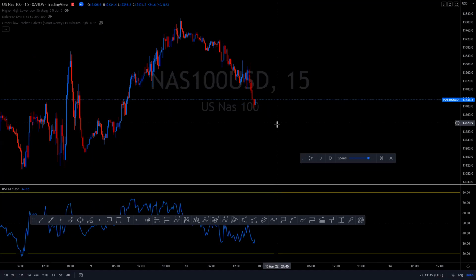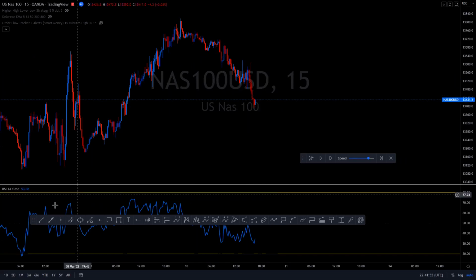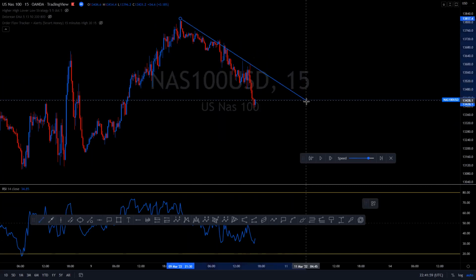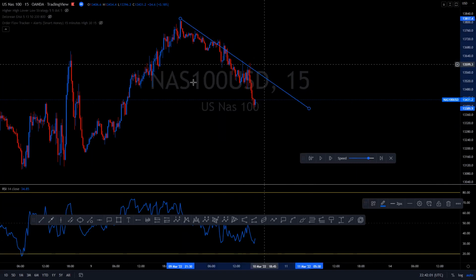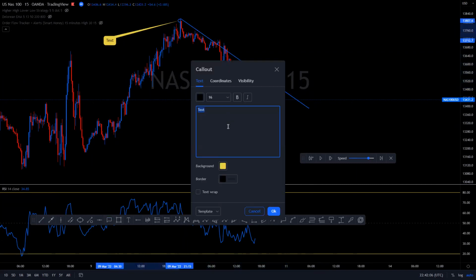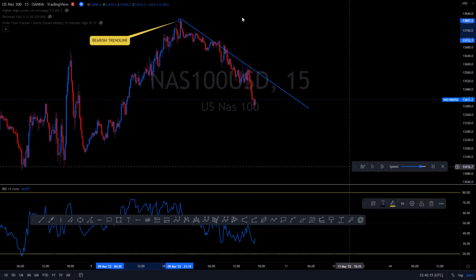So let's analyze this. So let's say we've already marked up the 15-minute to the 4-hour time frame, and now we're back on the 15-minute time frame. Of course, we're going to identify the trend, and we can clearly see that price is bearish. No question, it's not hard to figure that out. So I'm going to say bearish trend line. Right now that we did that,